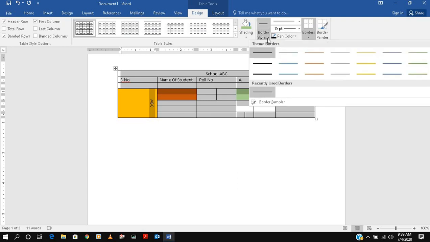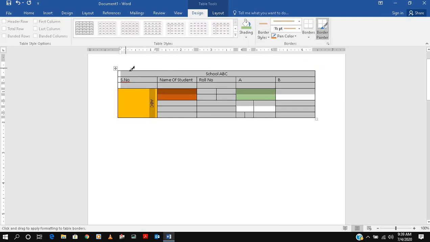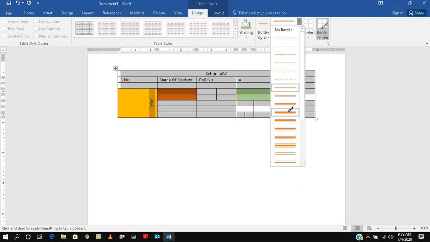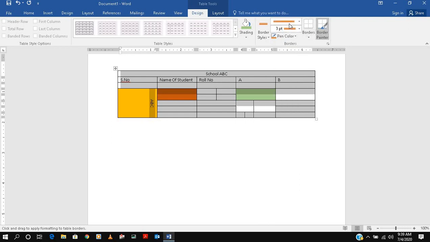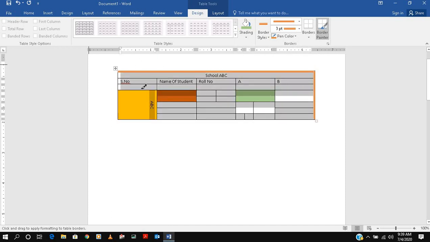Then we have border style. If we want a border style like this, you just put this, so the border will be like this. I will show you. You have to choose your thickness and line style, and it will come by default. So you can do many things as you want. Just speaking will not help you. You have to go on your computer and do it practically, then you will understand better.